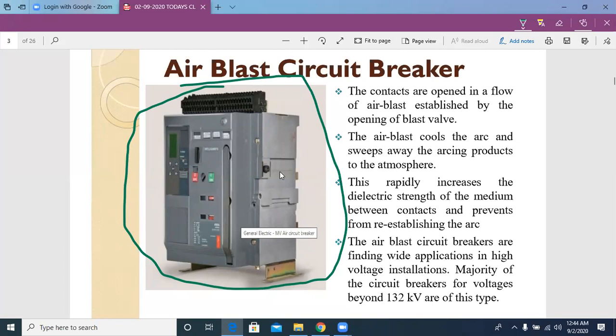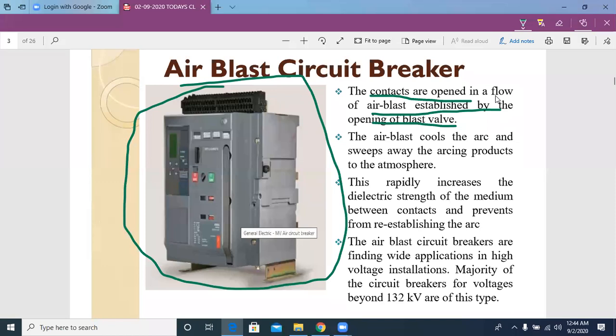So let's see it step by step, what is going on in air blast circuit breaker when the contacts are open. So here it is, first point. When the contacts are opened, please see the slide carefully. When the contacts are open, the pressurized air, that means air blast, is established by the opening of the blast valve. That means, here one important thing,